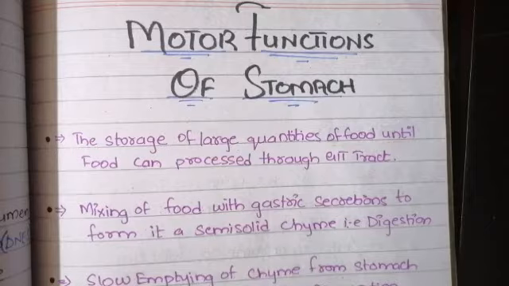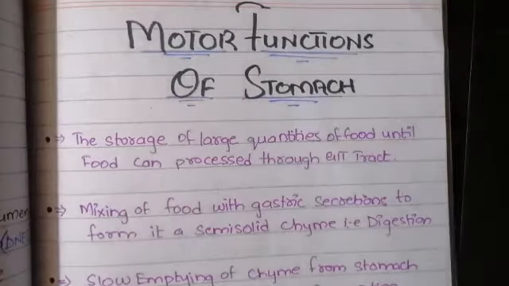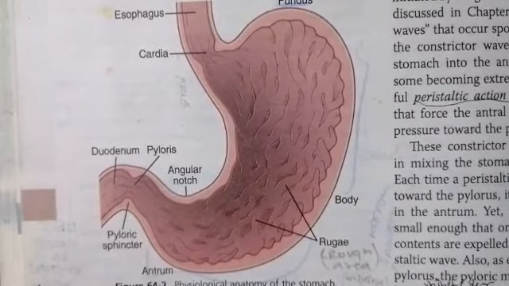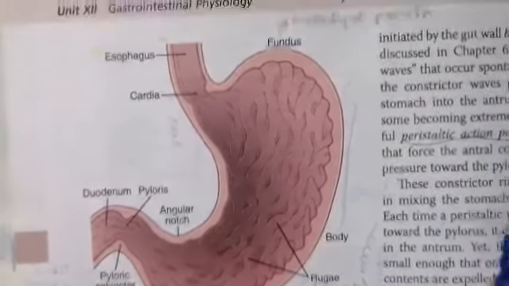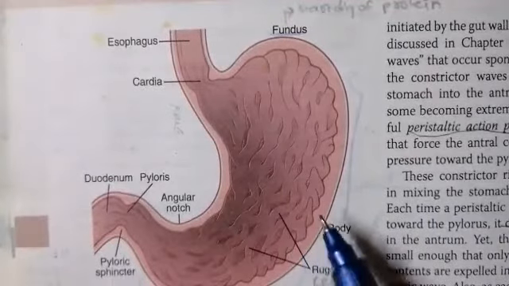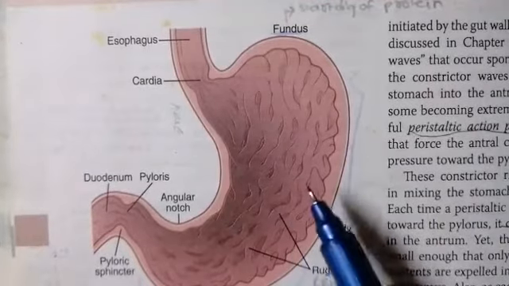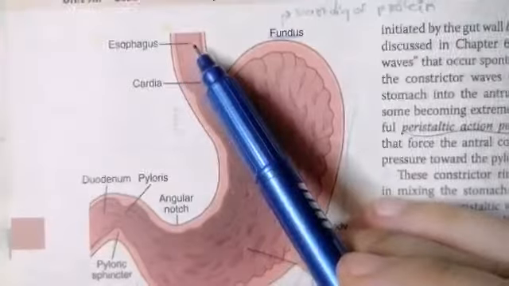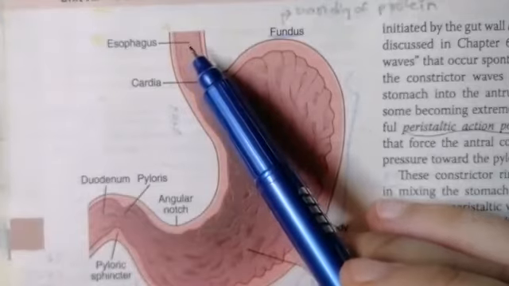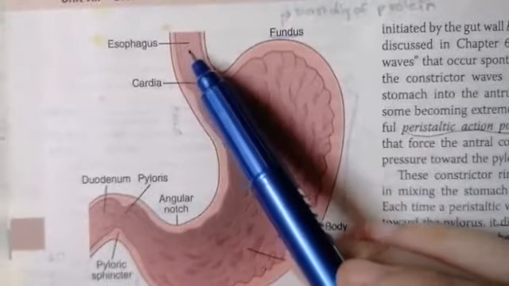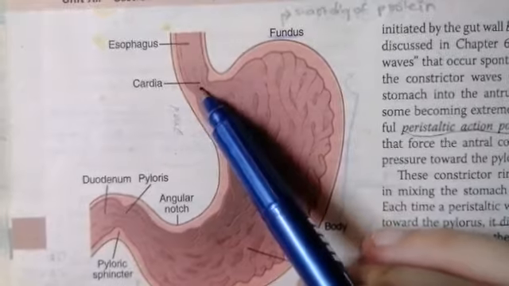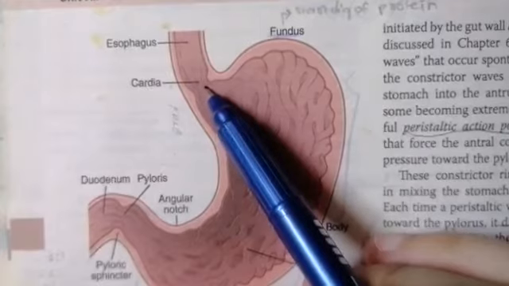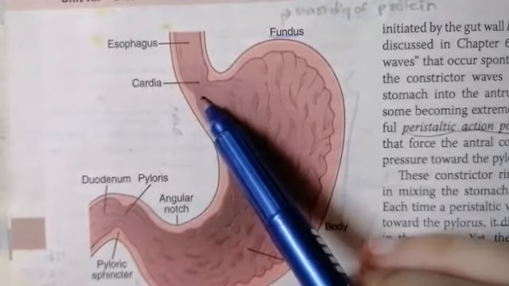So, starting from the anatomical position of the stomach in the GI tract. Here you can see a diagram of the stomach, showing its physiological anatomy. The stomach has rugae, which are irregular folds of the stomach wall. The stomach starts from the lower esophageal sphincter. It is connected with the esophagus, the upper part, and we have discussed the role of the esophagus in the previous video. The esophagus is connected with the stomach at an end that we call the cardia of the stomach. The cardiac end has a sphincter that we call the lower esophageal sphincter.